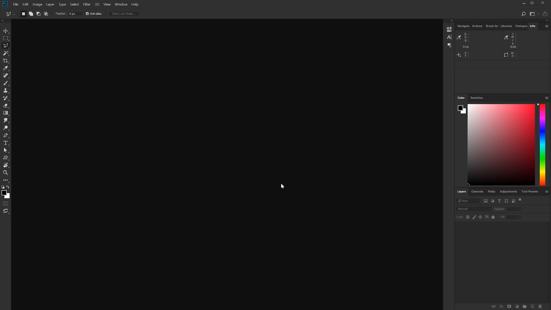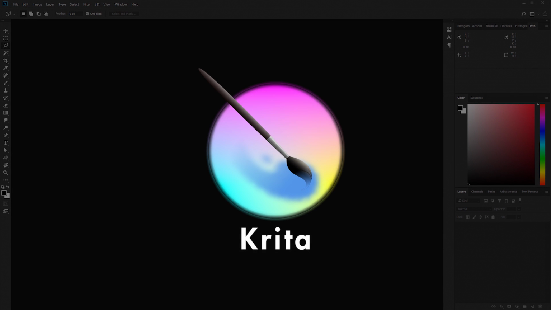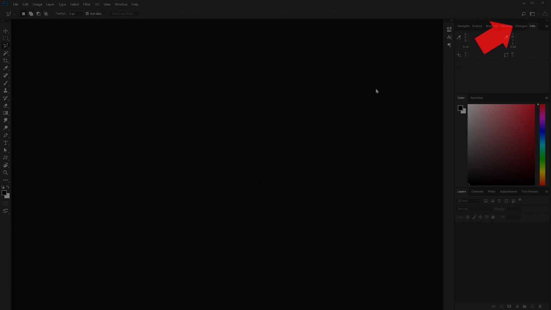While Photoshop is great and has awesome tools for drawing, I actually wouldn't recommend it for animation. There's a great free alternative called Krita. I already made a tutorial for it, which you can watch by clicking the info card up on the top right. But if you'd still like to learn how to use Photoshop and how to animate in it,